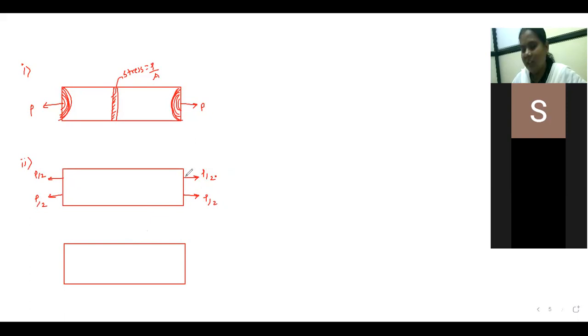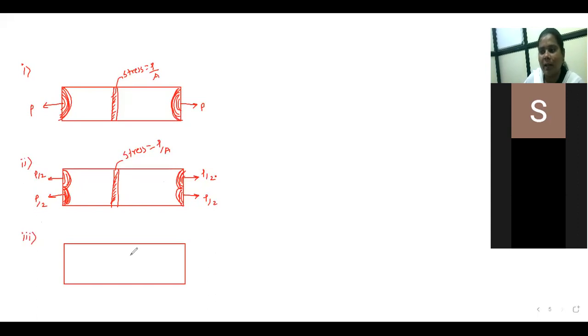So now the stress distribution is likewise. That means the area of this stress distribution has changed, but where? At that particular surface. Now I am going to check at some distance or at the other end. At that time, the stress will be the same, which is equal to P by A. This is the second condition. Now I will take the third condition.